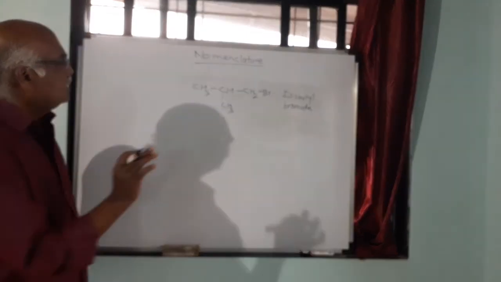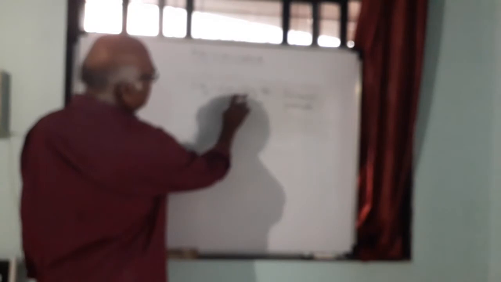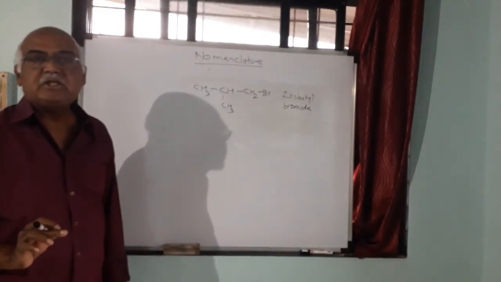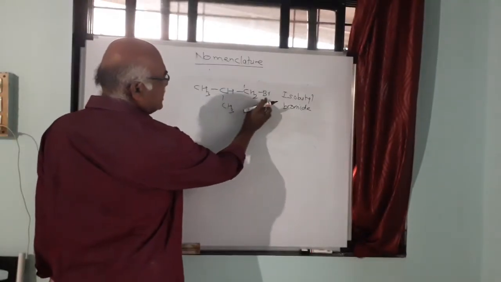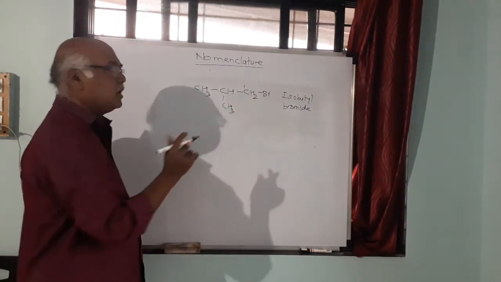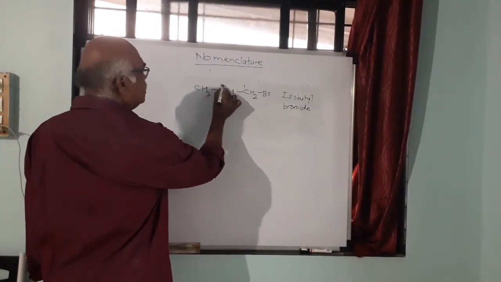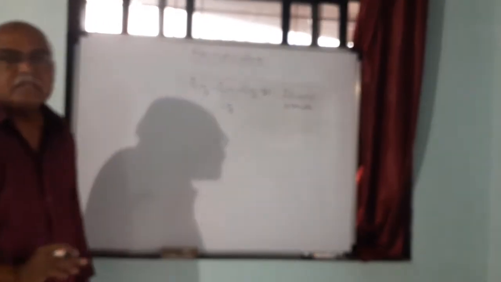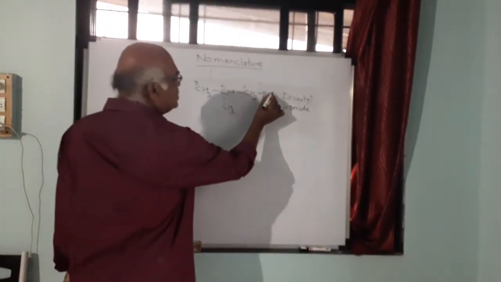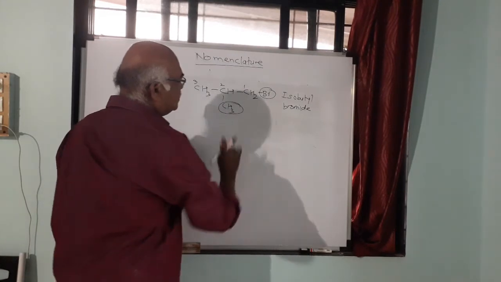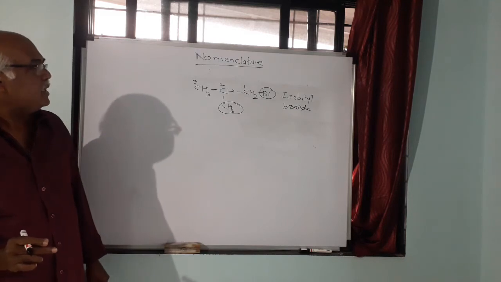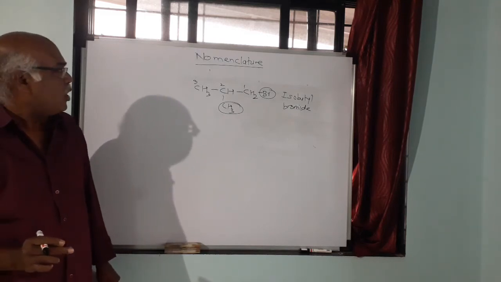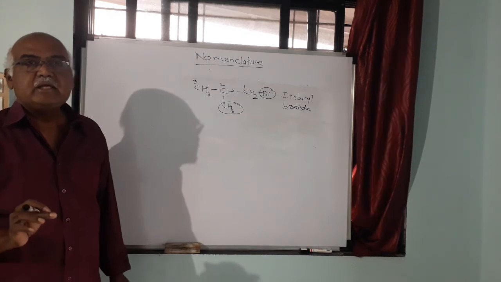Now if you look at this particular compound, you will find there are 3 carbon atoms in the straight chain, so this will be a derivative of propane. Then you have to give numbers so that this particular carbon atom which has the halogen atom will get the minimum number. So you have to start from here, 1, 2 and 3. Now we have to mention this particular group and this particular group. On carbon atom number 1 there is bromine, so this will be bromo, 1-bromo. On carbon atom number 2 there is methyl, that is 2-methyl.